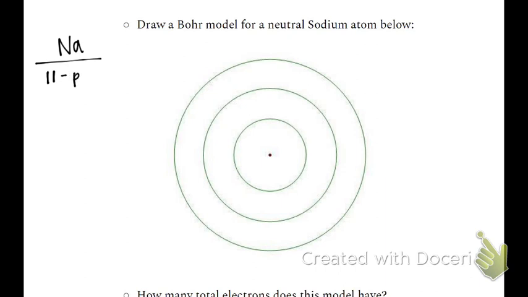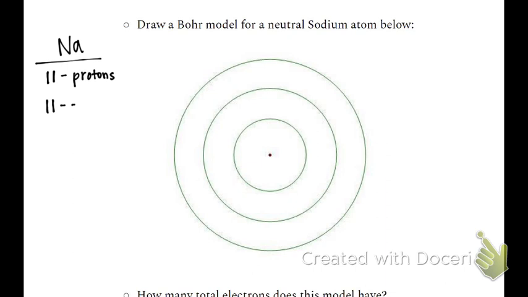11 protons. If this is just neutral sodium, neutral means what? Not positive or negative. So what do you know about the rest of this? It's just 11 protons. To cancel out the 11 positive parts, you're going to have 11 what? Neutrons? Well, electrons. We're going to assume this does also have 11 neutrons because it didn't say it was an